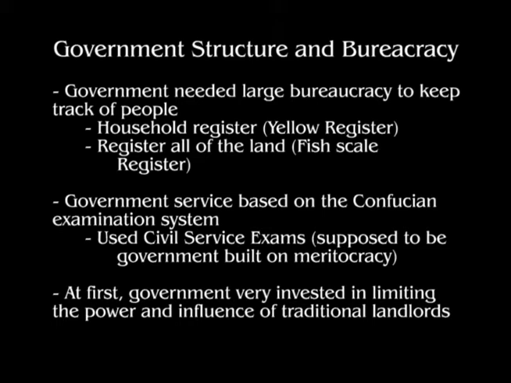The household register was also known as the yellow register because four copies were made and the central government got the yellow copy of those four copies. The government also registered all the land and redistributed it. The land was supposed to be distributed evenly, like overlapping fish scales, and that's why we get the name the Fish Scale Registry. It did have this very complicated system where it was supposed to give you more land if your land was less productive, but it was very hard to work out in reality, and most people got the same size plots, even if your plot didn't produce as much.